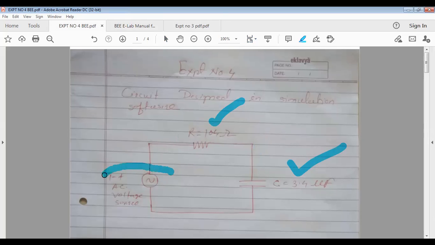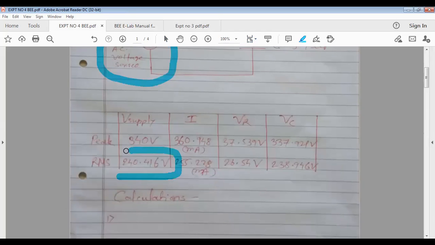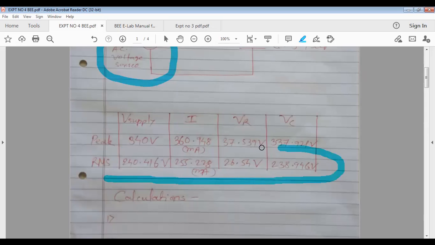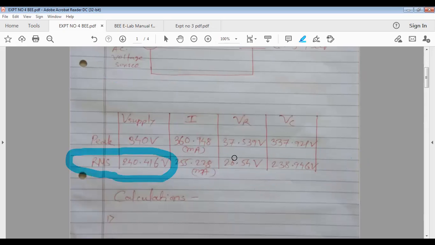And this one we are going to connect across a single phase AC voltage. So I'm going to select voltage 240.416. You can select any value: 200, 220, 210, 240. Why have I selected like this? Because before the pandemic, when we used to perform the practical in labs, these readings were available with me. I just wanted to cross check whether we get the same from hardware and simulation software. So it matches. That's why I have used the same value which we were using in lab while performing the practical using hardware before the pandemic.